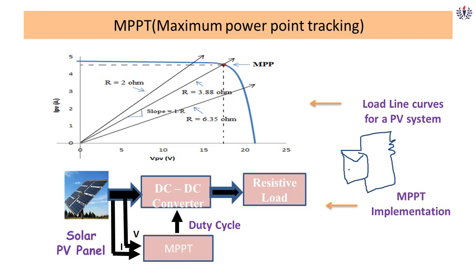When I look at the load, at some point of time some users may use, some users may not use, sometimes all the users may use. So it is very tough to manage my load, and you cannot have control over your load. But we can have control over our generation. How do we have control over generation? Since we do not have control over load, it is our utmost necessity to make our PV always operate at MPP, because if it is not operated at MPP, we are losing the efficiency of the PV panel.